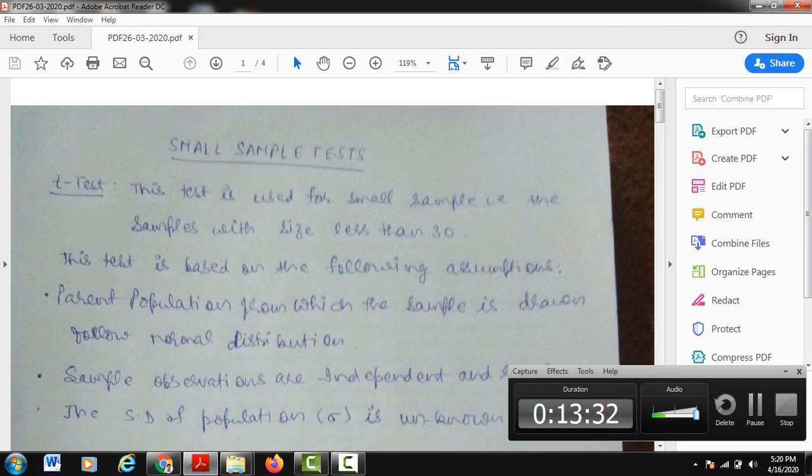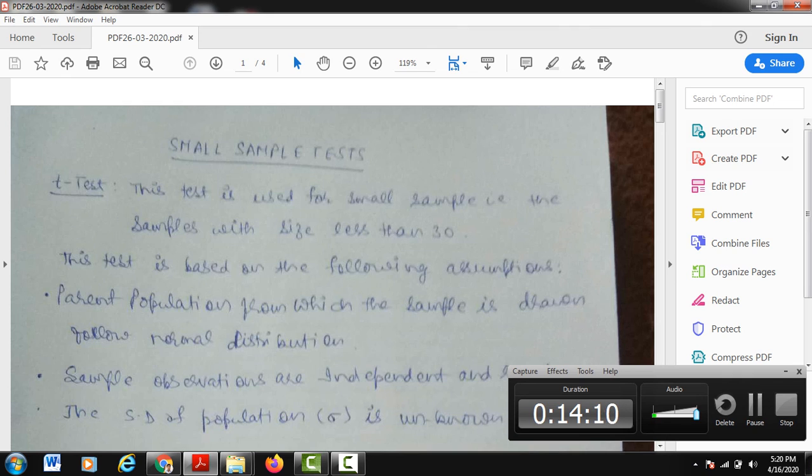These applications you should know, and the things we have to keep in mind for small samples. Firstly, we should know how to set up the null hypothesis, then the alternative hypothesis, then the third step is to calculate the statistic, whichever suits the question, like the t statistic, chi-square statistic or F statistic, according to the application of the numerical. Then the level of significance is usually 5%. If it is given in the numerical, then it's okay, but if it is not given, it is up to you.